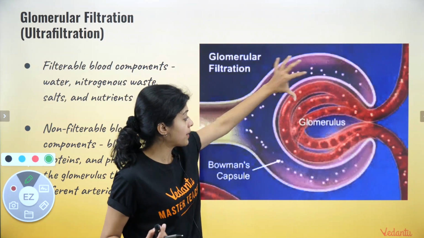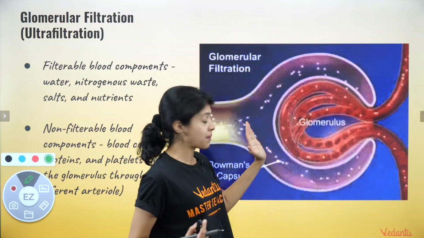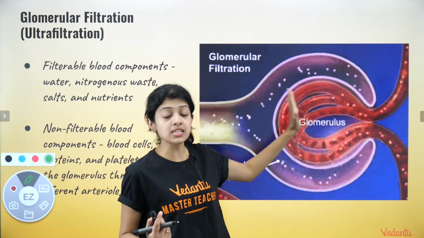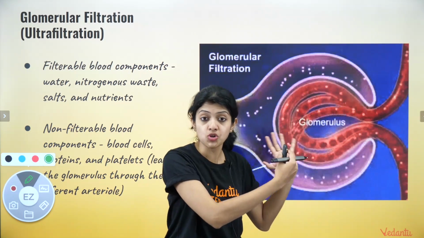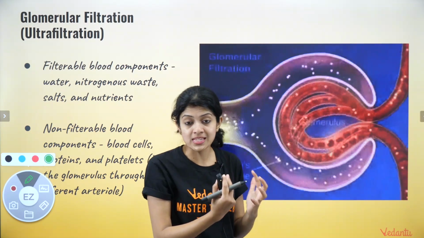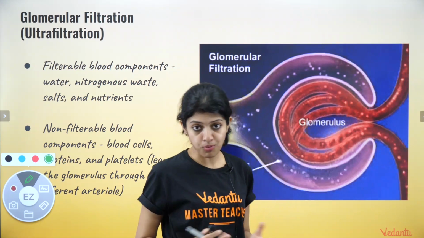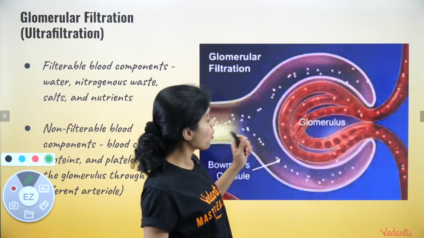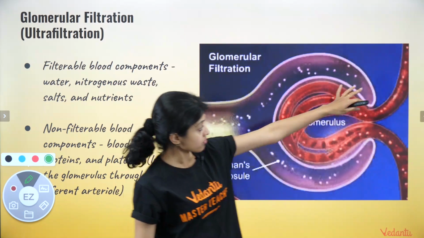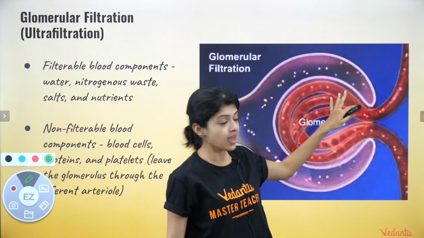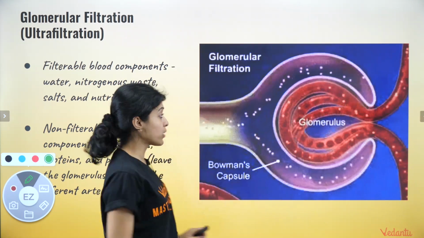Okay, a part of the kidneys, a part of your excretory system, and a part of your circulatory system are in touch, right? Two systems come together and work together in unison to perform a very, very important function. That is what happens here. What happens is the afferent arteriole, as I said, brings in blood, comes into the glomerulus, and